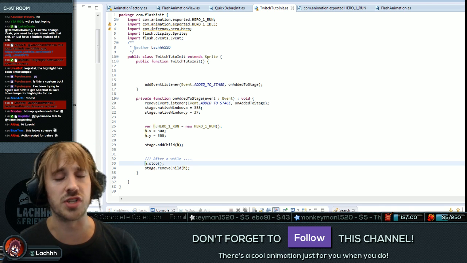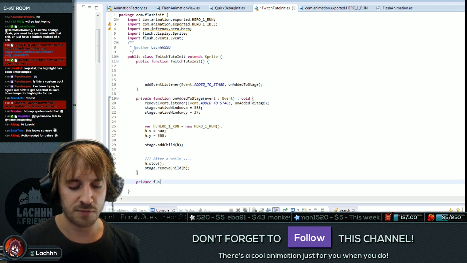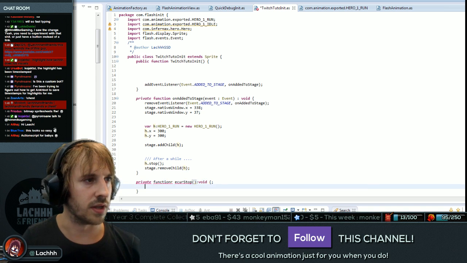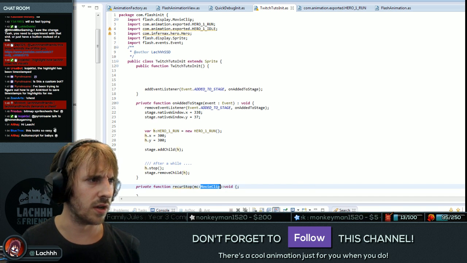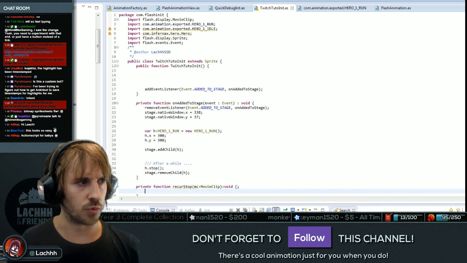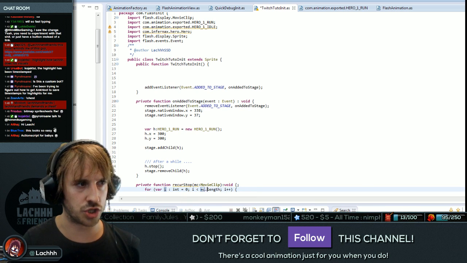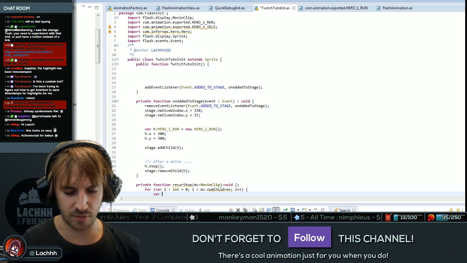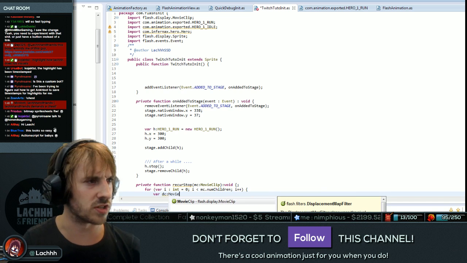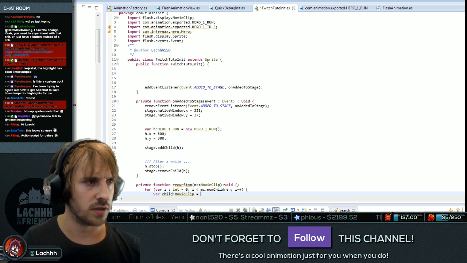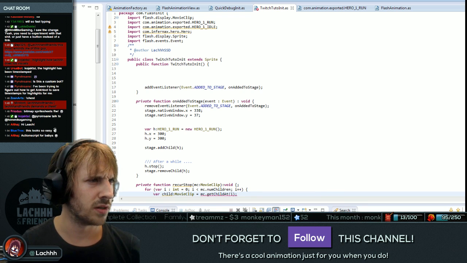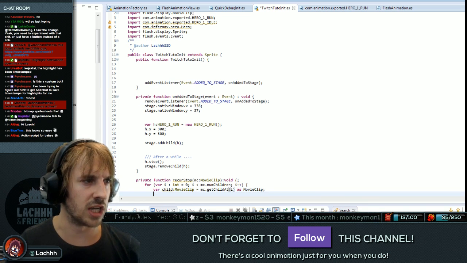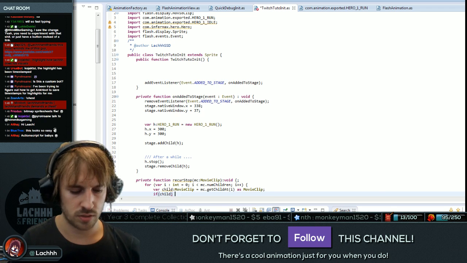And actually, usually what I do is a recurse stop. So it's a little function, recurse stop, like this. Recurse stop. I pass a movie clip. So what I do is I go for each children like this, num children, var DC display. Actually, I'm just gonna say this child very quickly. This get child first at i. This as movie clip. If child, recurse stop of the child